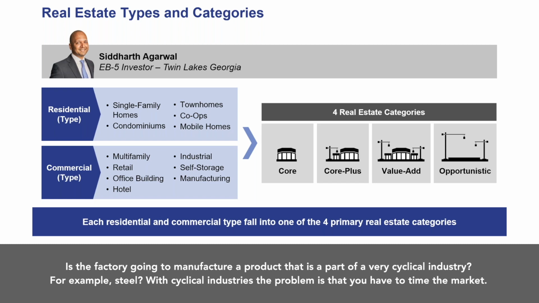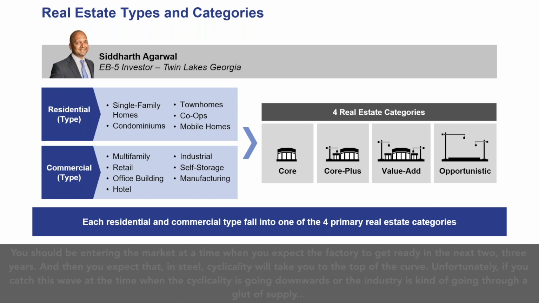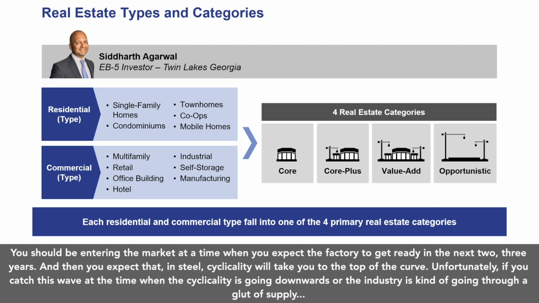With cyclical industries, the problem is that you have to time the market. You should be entering the market at a time when you expect the factory to get ready in the next 2-3 years, and then you expect that steel's cyclicality will take you to the top of the curve. Okay. Unfortunately, if you catch this wave at the time when the cyclicality is going downwards, or the industry is